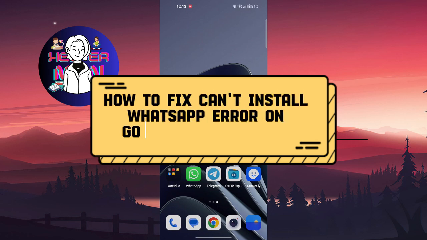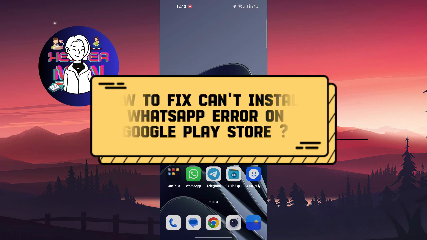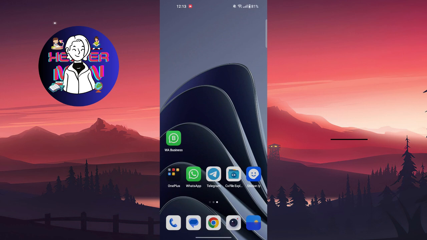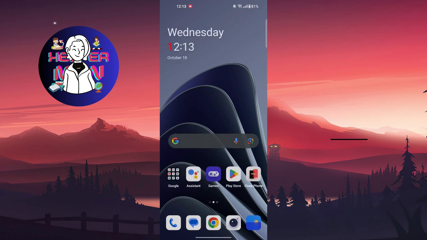Today we're going to talk about how to fix the can't install WhatsApp error on Google Play Store. So if you can't download WhatsApp on your device, the first thing you're going to do is try restarting your phone, because the problem may be in your phone and it may be fixed by restarting it. If it doesn't help you,